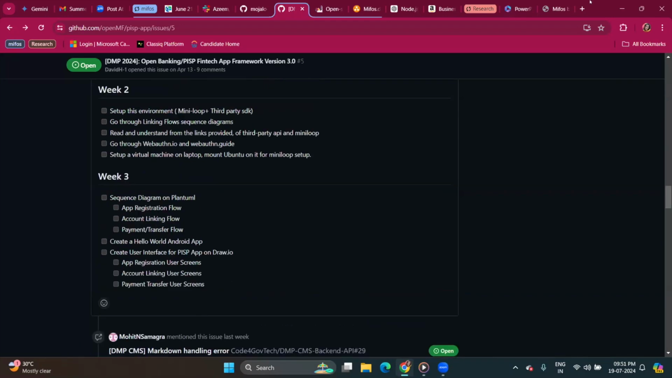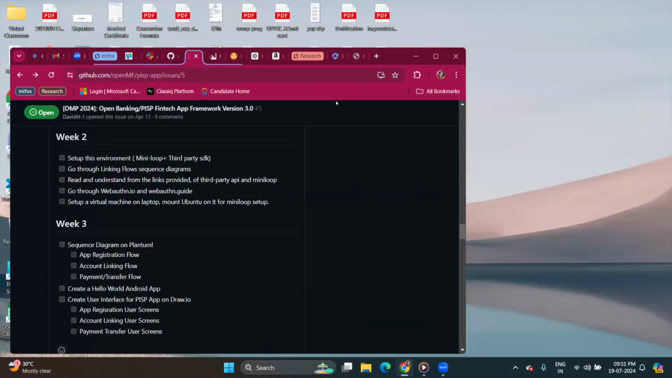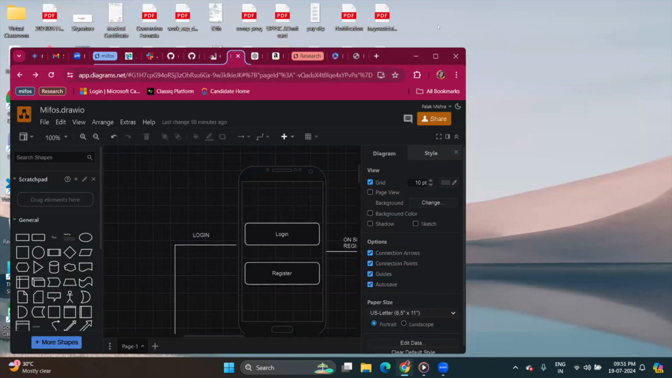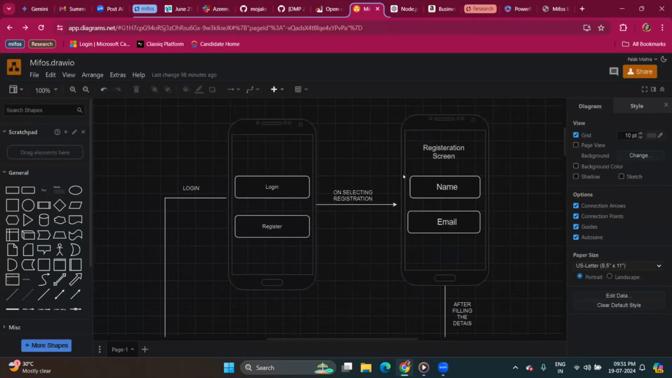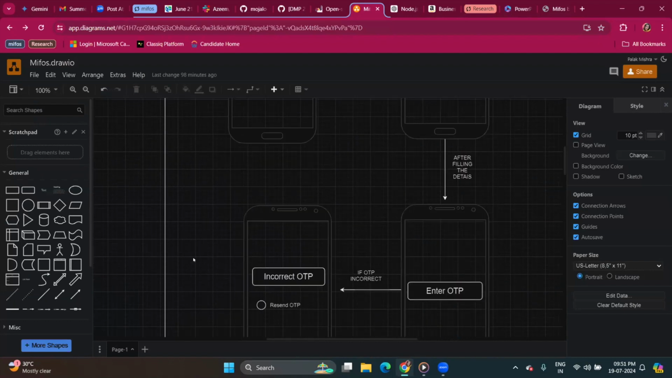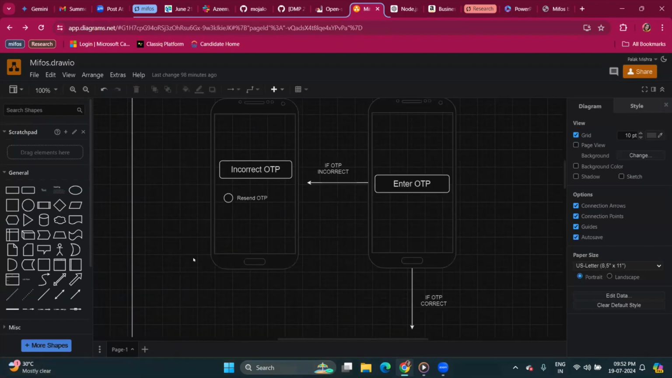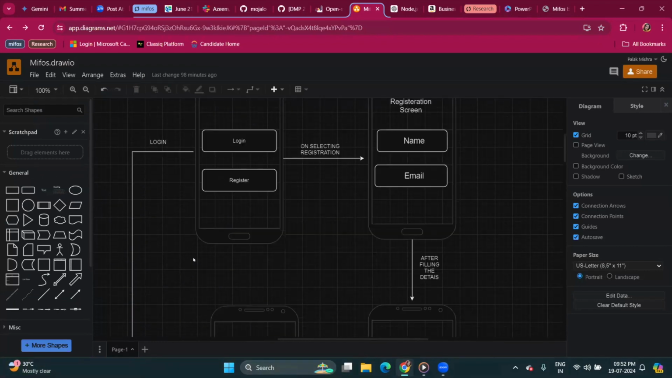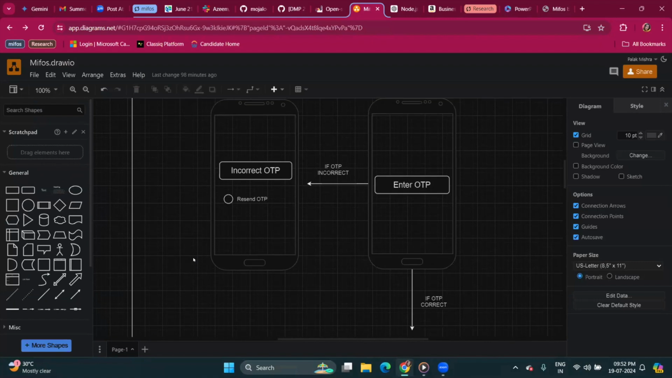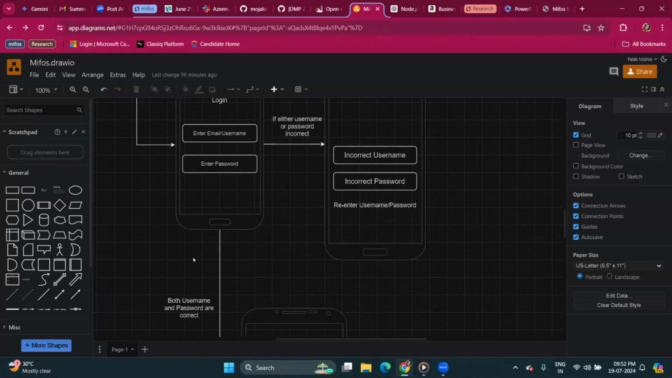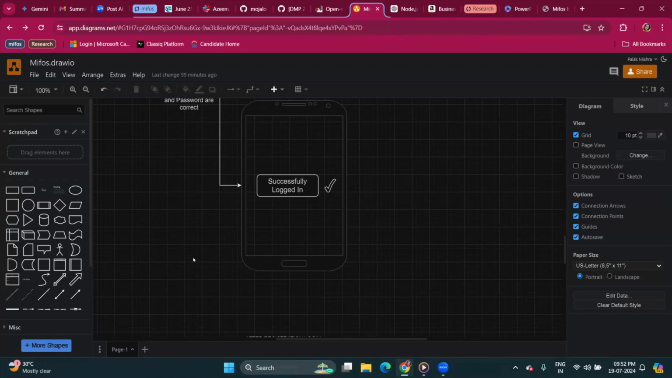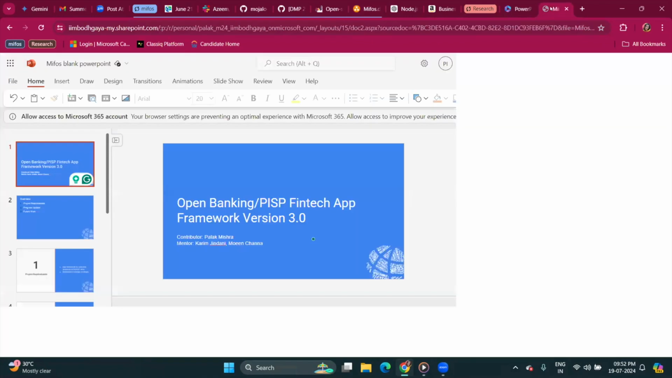So let me just share that as well. So basically, they did all this. In week 3, I started with the designing part of the project, like how the app would look and how the registration, linking, and login part would be. So this is one of the designs. Coming back to the PPT,